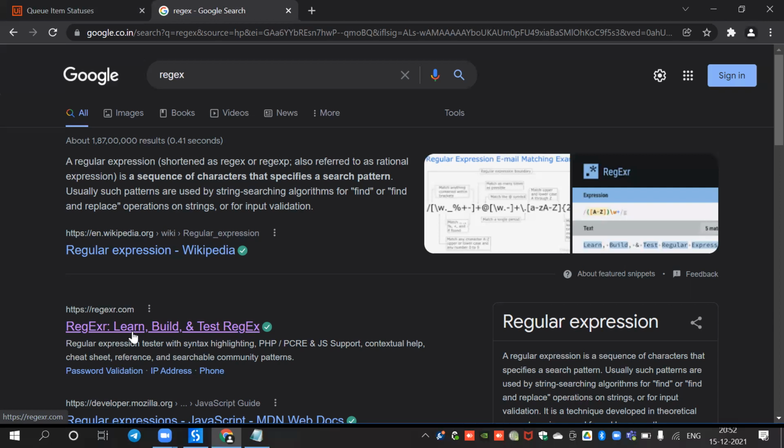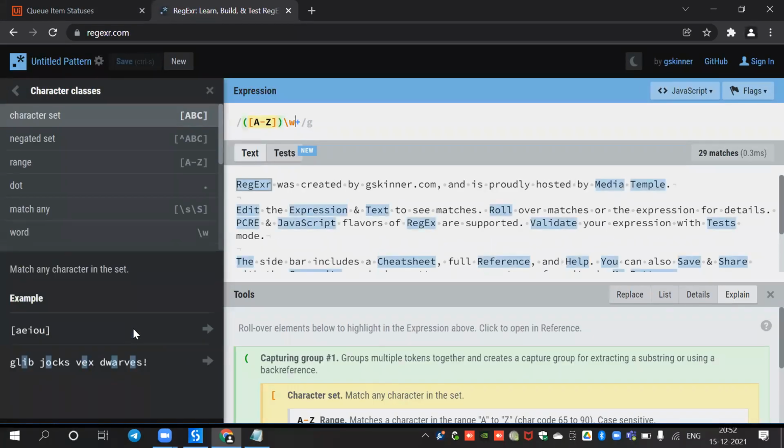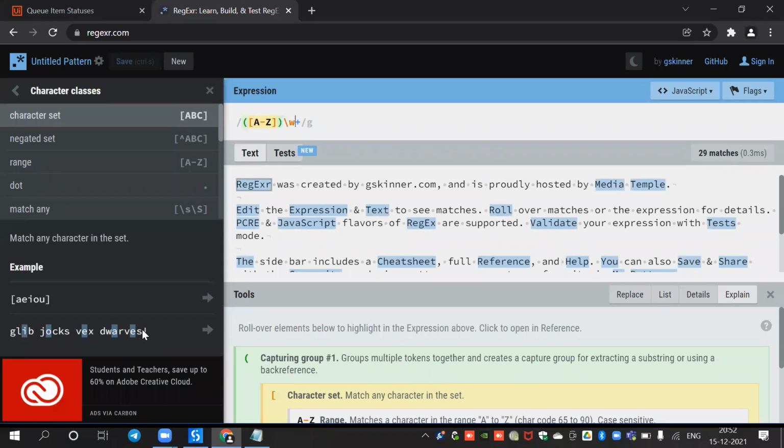There are a lot of requirements. So how do you do that? I don't know anything, so for practice or to learn how to frame an expression,